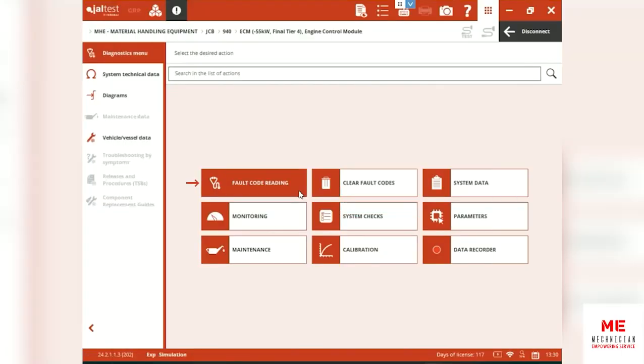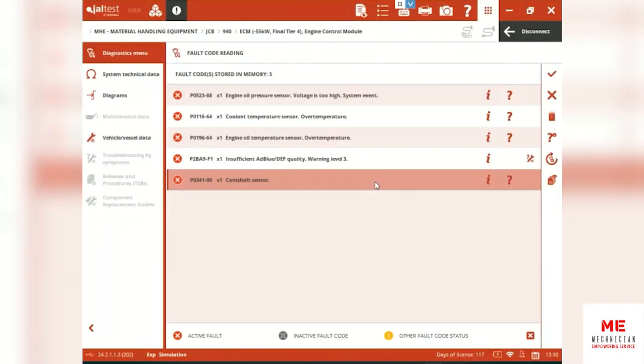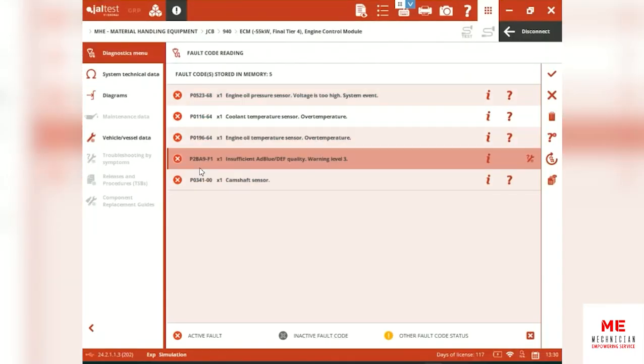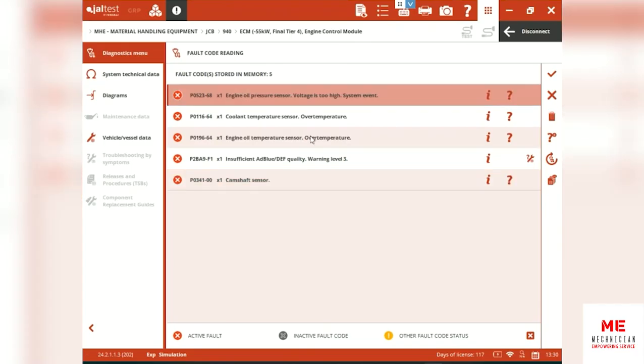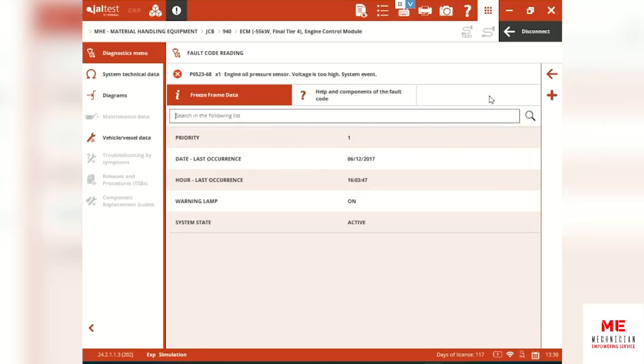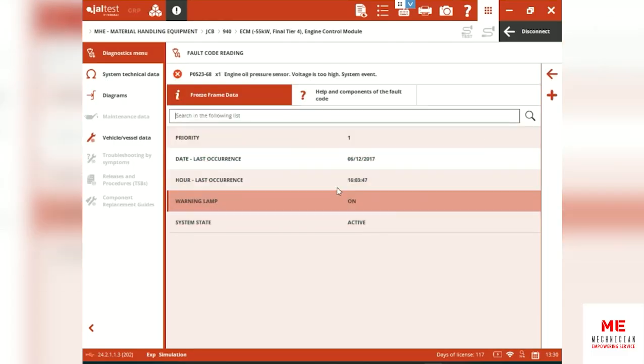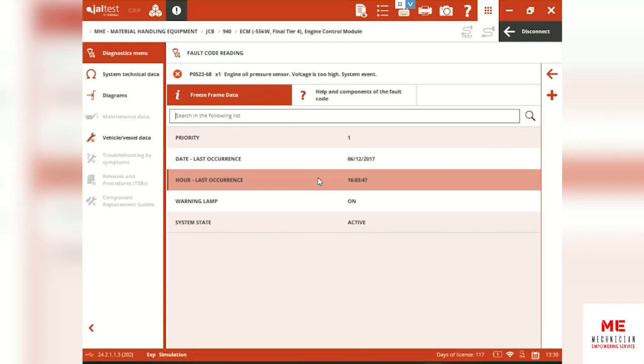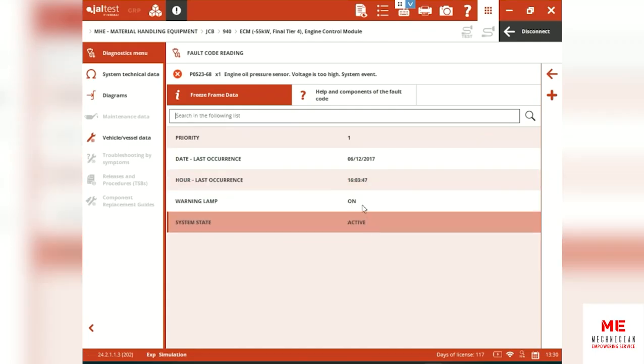So let's go back. We're going to check the fault for reading part. And here you have the number on the fault. There's the description right in the middle. And where you'll see this I sign is the freeze frame data. That means you're going to be able to see when the fault happened and the current state right here,